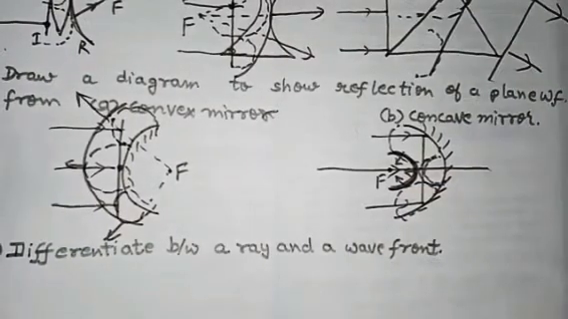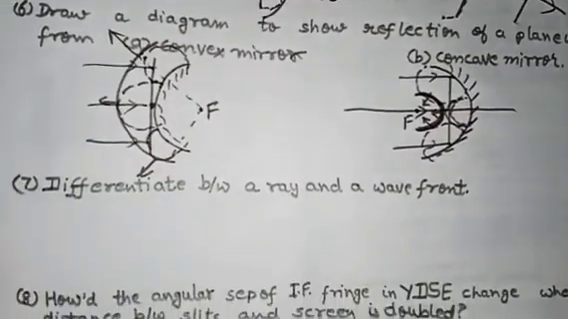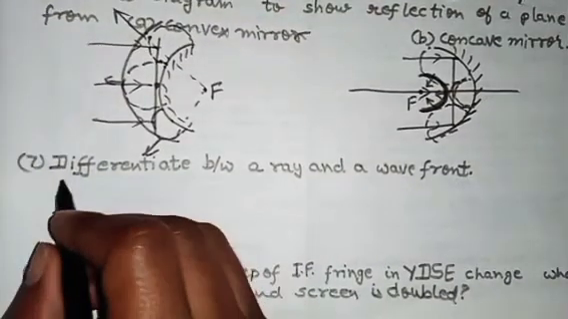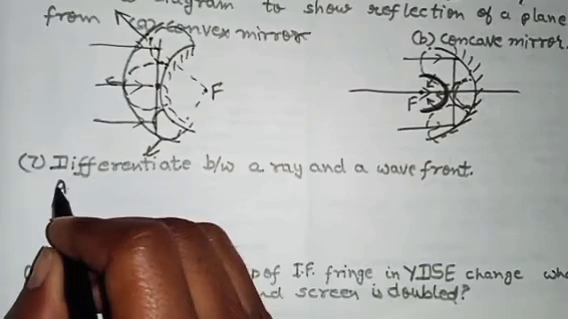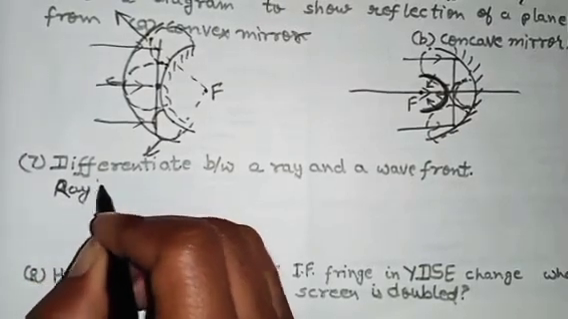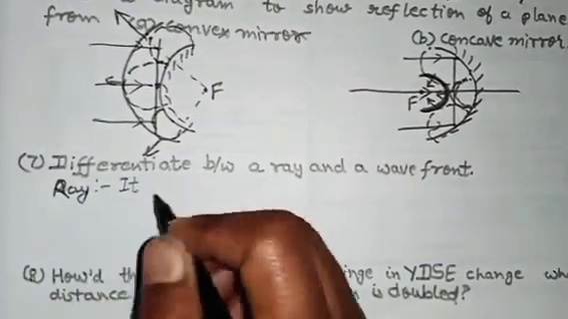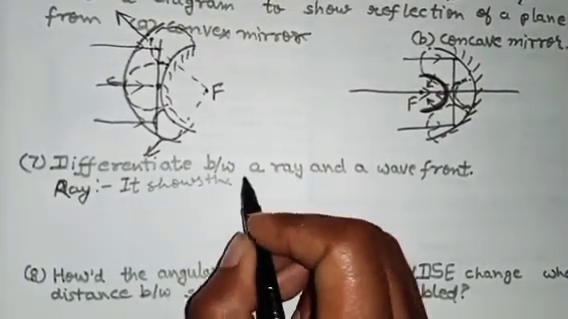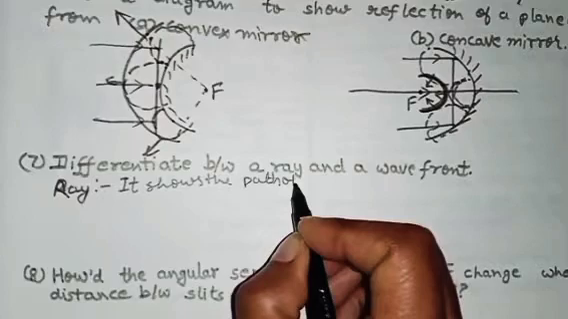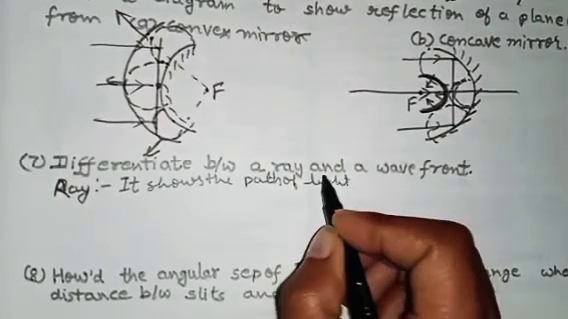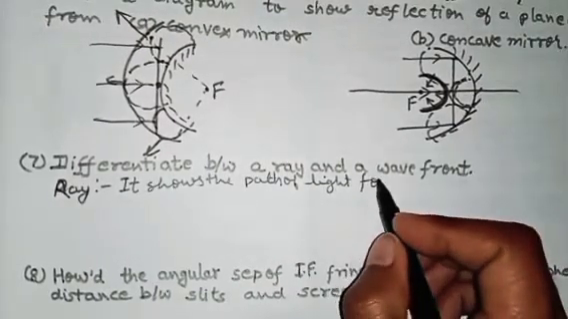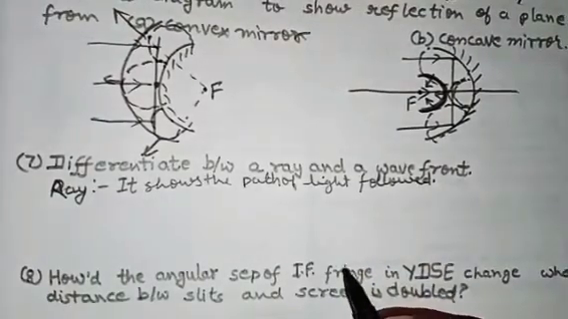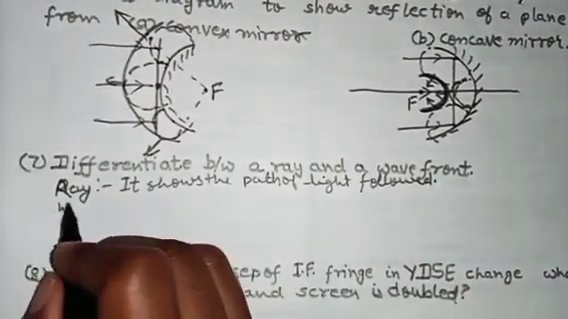Alright, so next is: differentiate between a ray and a wavefront. So a ray shows the path of light followed or to be followed. That's it. And wavefront,